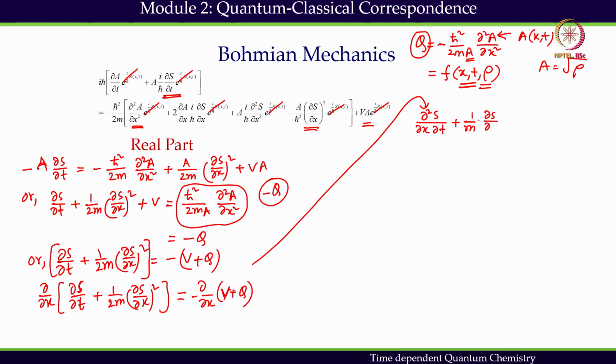This is 1 by 2m, and this is going to be 2 this, and then it is nothing but minus V plus Q. So, this 2 will be gone, and I get back this equation, and we have already understood that